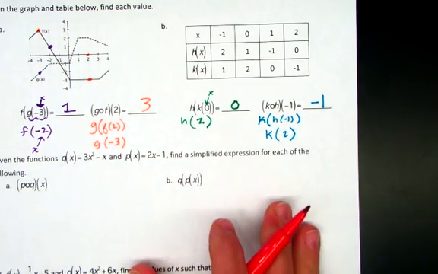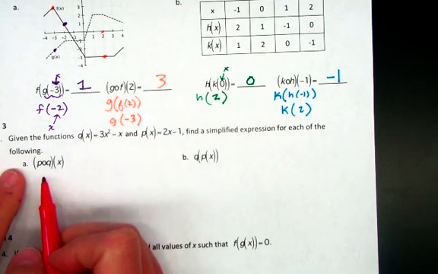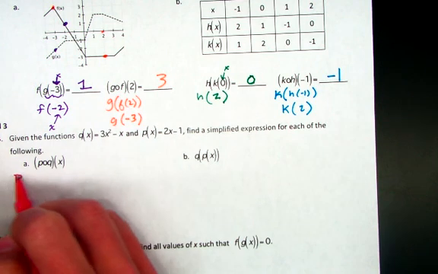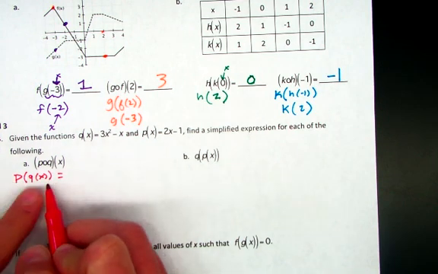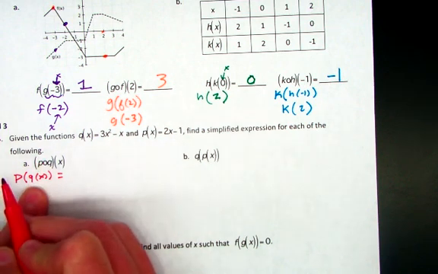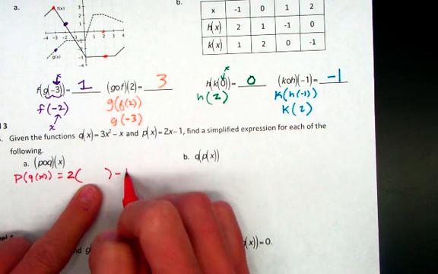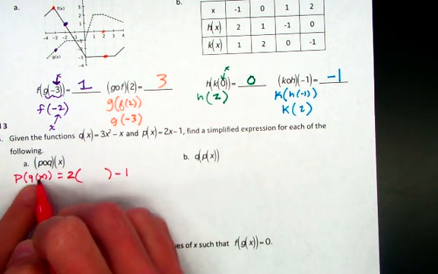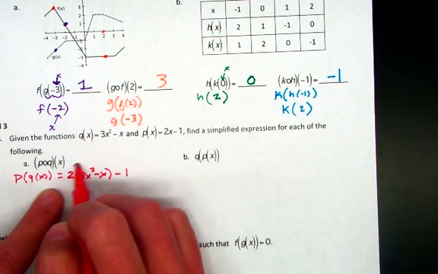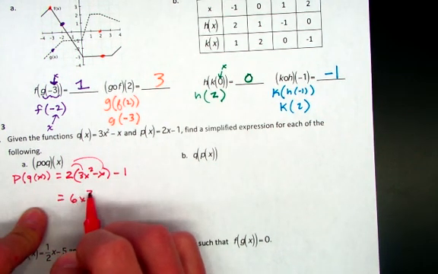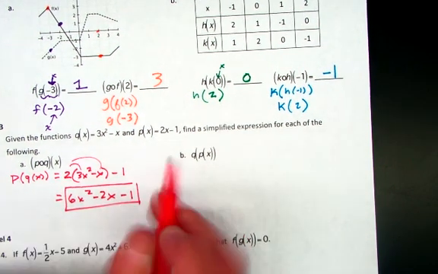All right, now we are going to evaluate functions by just simplifying the expression. So this is really p of q of x. Now p is the outside, and I'm plugging q into p. What is p? P is 2 times my input x minus 1. What is my input? It's q of x. What is q of x? 3x squared minus x. So now I distribute, and I get 6x squared minus 2x, but don't forget about that